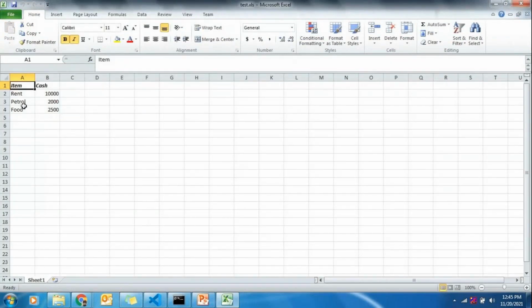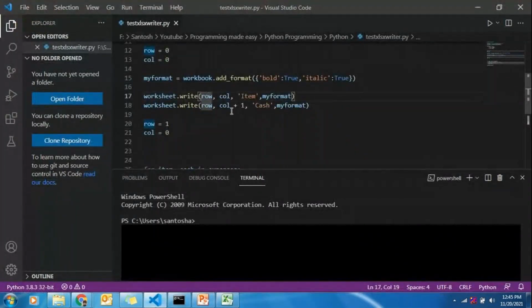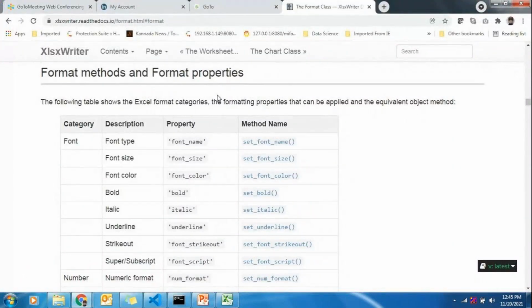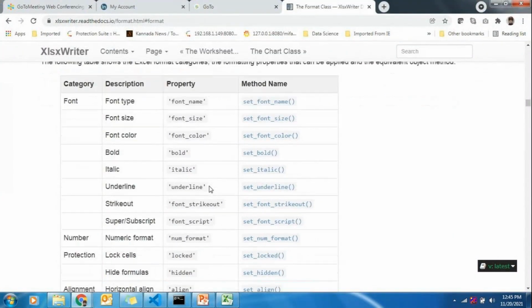So you can see item and cash. This is my heading. It has become bold and italic as per the format. Now all this formatting is explained in the help file of XLSX Writer. So you can refer to this help file where you can see the various formattings and what is the property